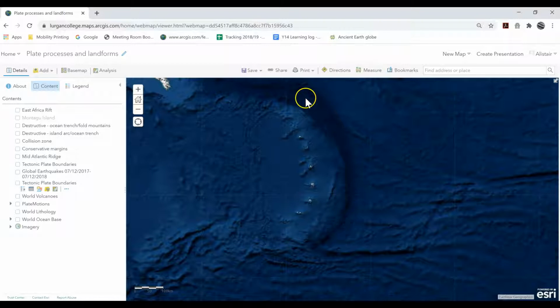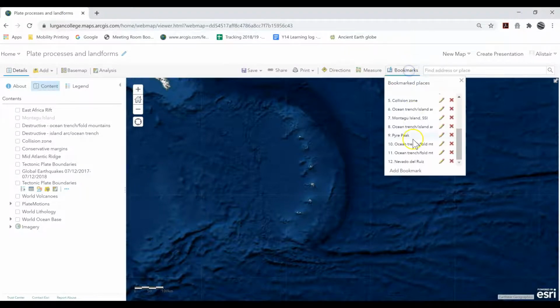Dark blue, which means that we've got a trench and we have got islands. Now again, there's your linear pattern, but I'd like you to notice that this linear pattern of islands is parallel to the trench. So I wonder what these islands are formed from. Let's go in and have a look